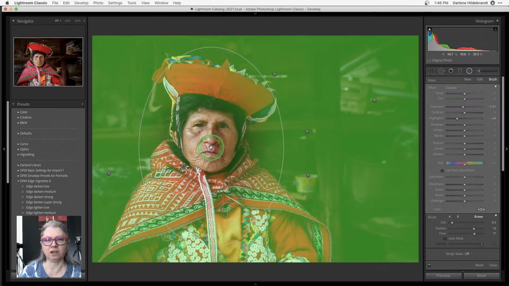I applied a darkening filter to the outside of the circle to darken everything. And if I wanted to erase a little bit, make sure I'm not getting her face because I want to keep her nice and bright. Okay, so let me just keep erasing here. Turn my opacity up a little bit.